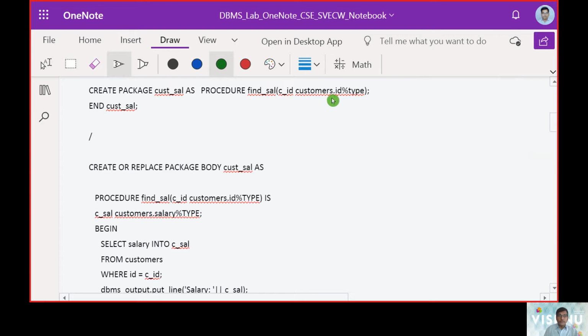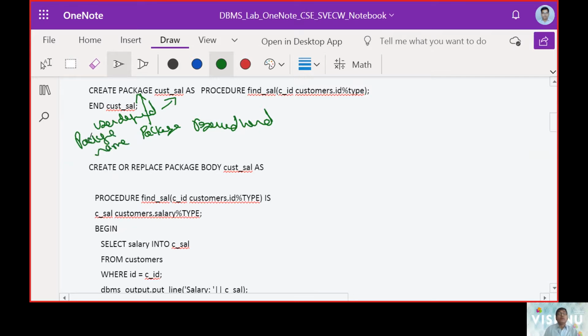Now the objective of this exercise was to create a package. So package here is going to be a reserved word. Customer salary is the user defined package name.